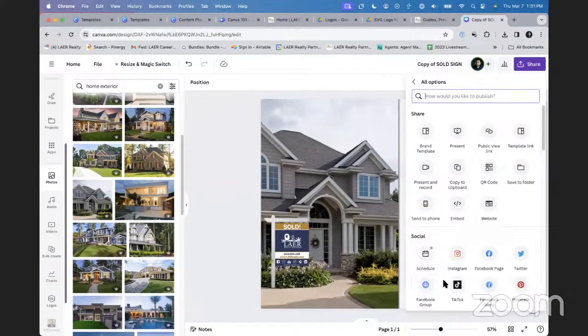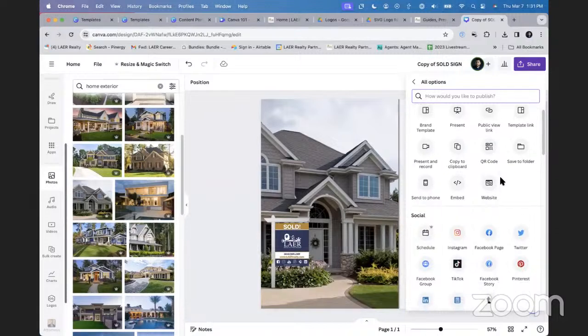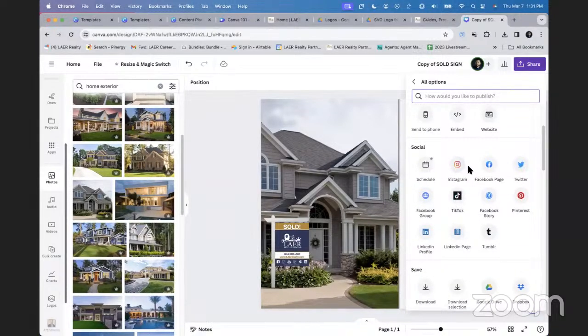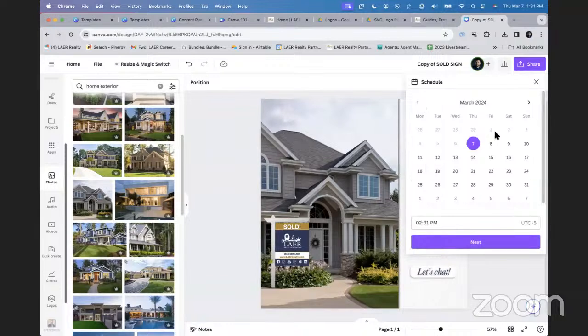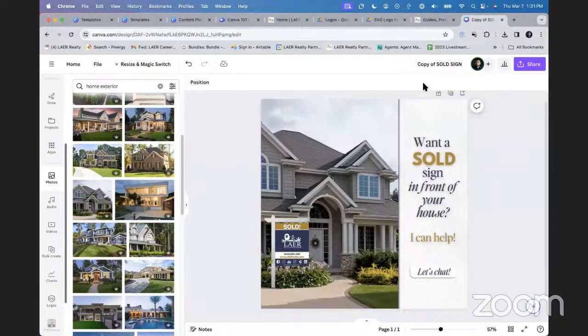If I click on more, we can share directly to social, through any of these channels. So Instagram, Facebook, Twitter, or X, or whatever. You can do it directly this way. This will share immediately, or I can use this schedule function where I can schedule this post to go out on a calendar. Now you can do it this way, or let's say I just worked on this design, I'm happy with it. If I go back home